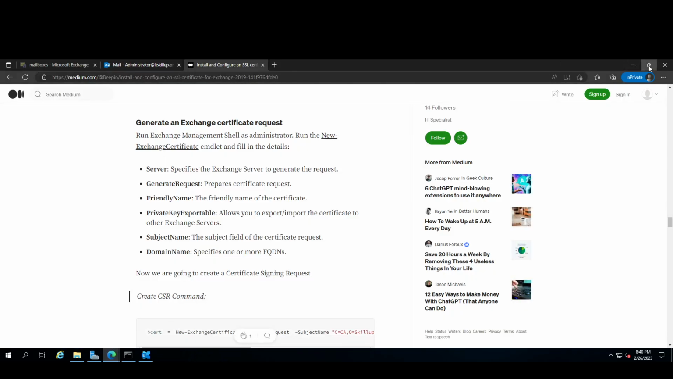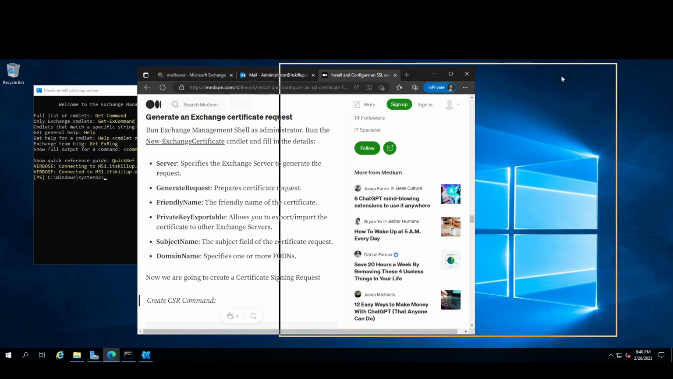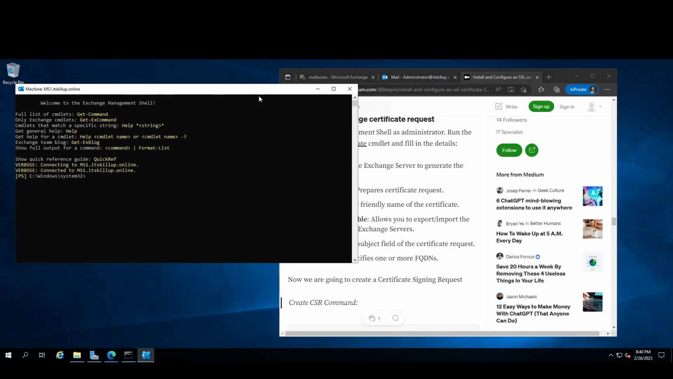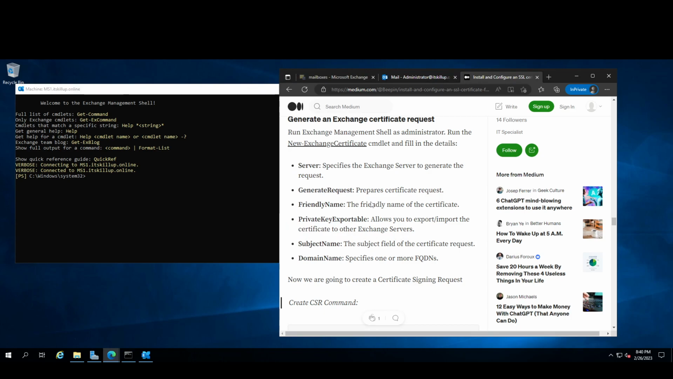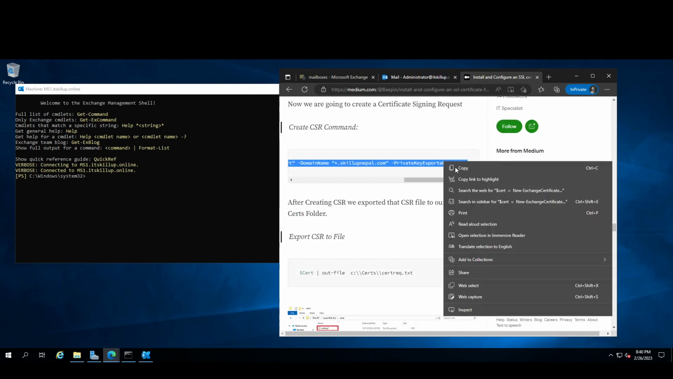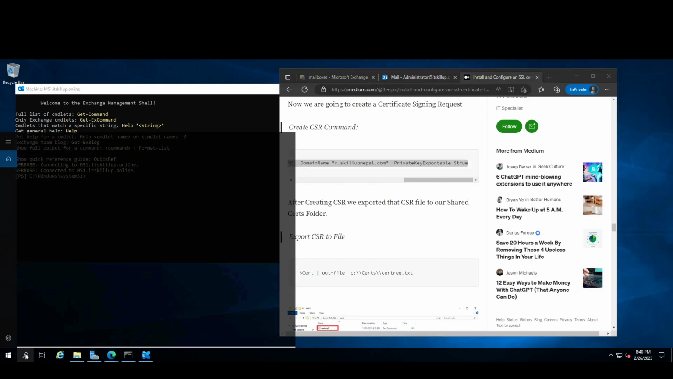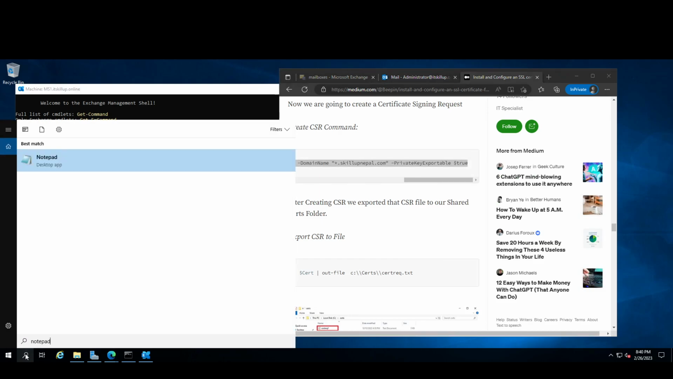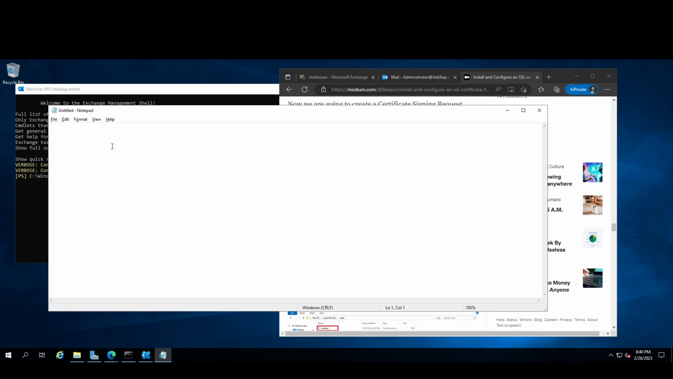Now our first command. Okay, so the first Exchange Management Shell command will be this one. Just copy this one, open your notepad and paste here. Make sure you have your own domain controller name. So in here I have New-ExchangeCertificate, GenerateRequest, subject name will be this one, and